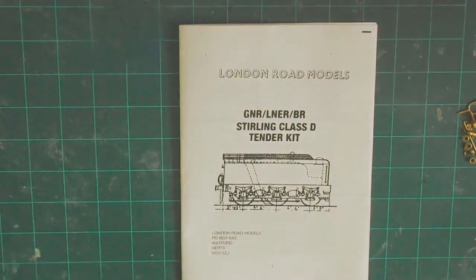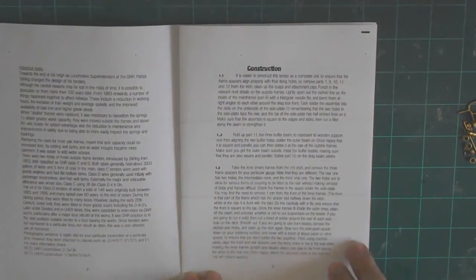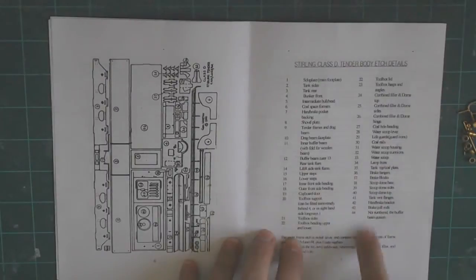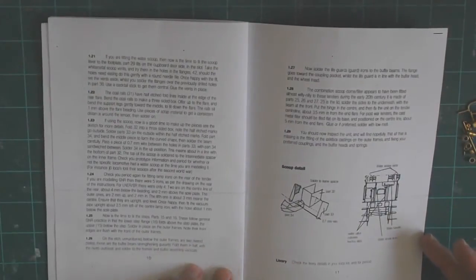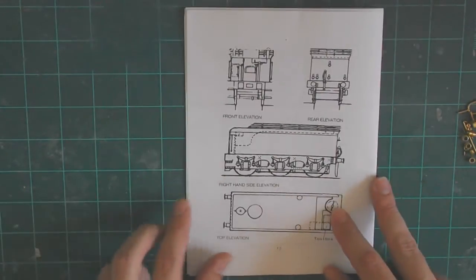Moving on now to the tender. I'll just put the instructions on the floor. So the tender's the next part. That's all included within the kit. And again, similar sort of format with the instructions for the Class D Sterling tender. Historical notes included, a few construction notes. Very similar to last time. List of the parts there that are included. Bit of detail there, a few pictures just to help with the construction,